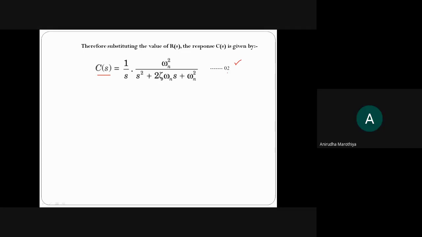Yes, sir. Definitely in this case, we need to apply some partial fraction technique. We need to convert this particular term which is available in the denominator into some standard form. And why are we doing that? Because if you straight away apply the inverse Laplace transform, it is not possible to calculate the value which is nothing but c of t, because the expression of C of s is not in the standard form.